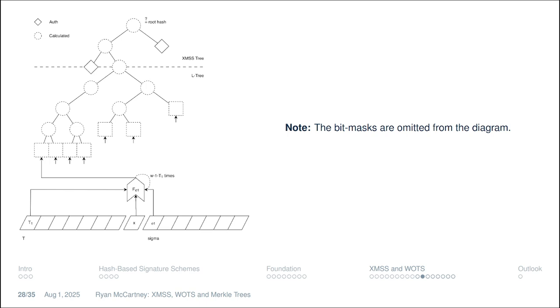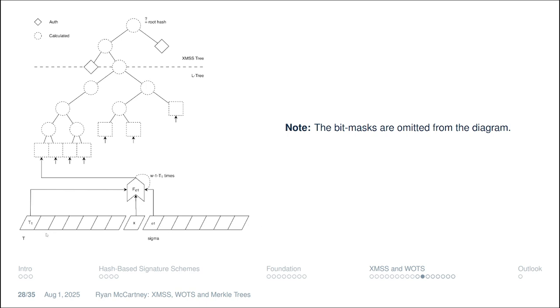And this prevents us from combining independent solutions to a whole forgery. So these bit masks are actually used to fixate solutions to a certain part of the tree, which is a neat property because second pre-image resistance is easier to achieve and thus harder to break than collision resistance. In order to show you what an authentication would mean, we now have this published signature sigma 1 up to